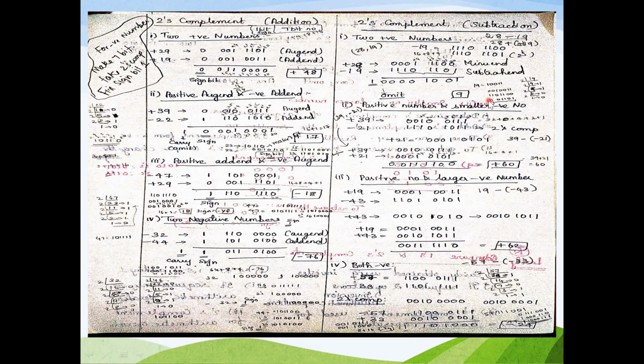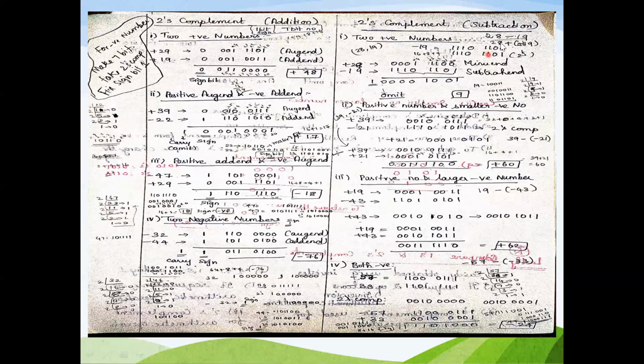First we will discuss how to perform 2's complement addition for two positive numbers. When you go for this addition, you represent the number given in decimal in terms of 8 bits. Please keep this in mind: 8 bits. In those 8 bits, 7 bits represent the number and 1 bit represents the sign bit. If it is a positive number, the sign bit is 0. If it is a negative number, the sign bit is 1. That is the procedure to be followed for 2's complement arithmetic operations.